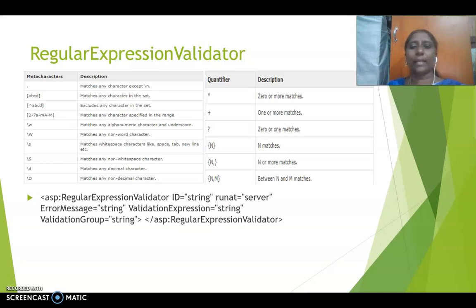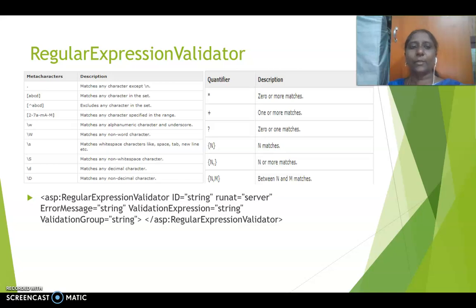Next is regular expression validator. This regular expression validator is used whenever you are going to deal with specific special characters. So here you can use any of the options available. Those options are called meta characters.